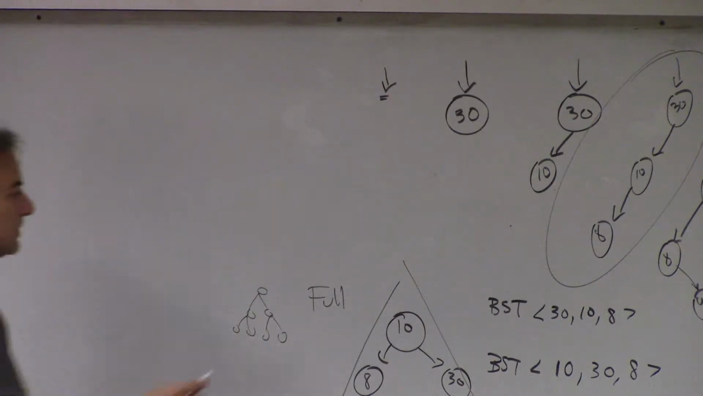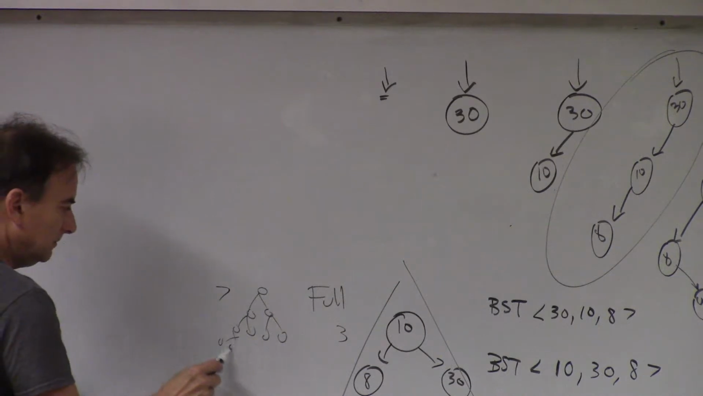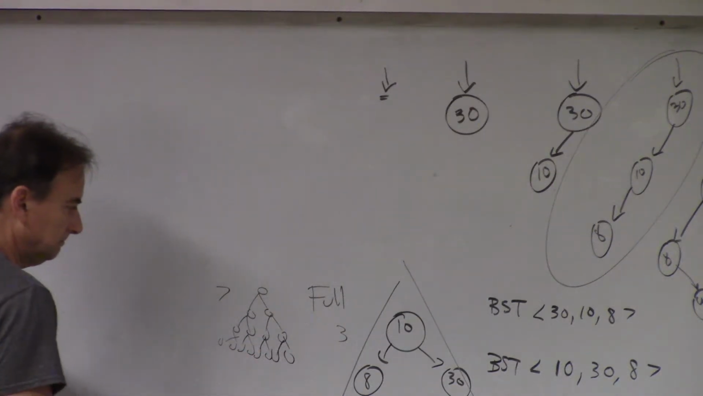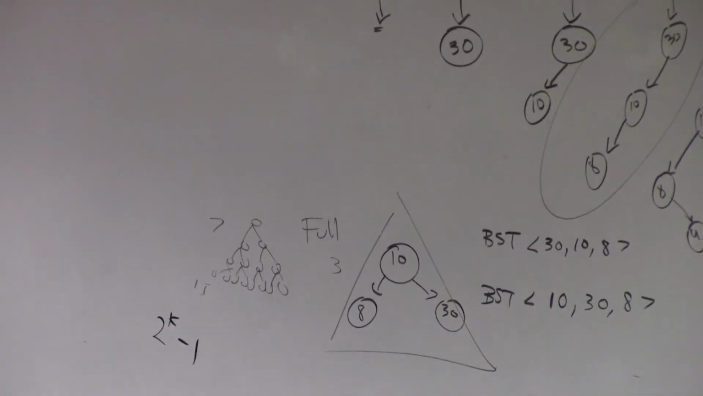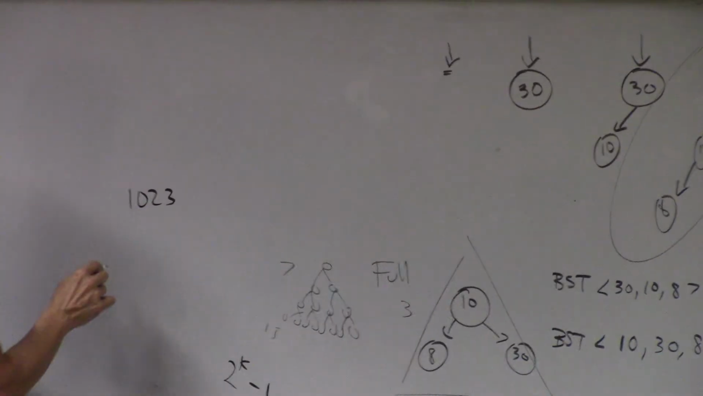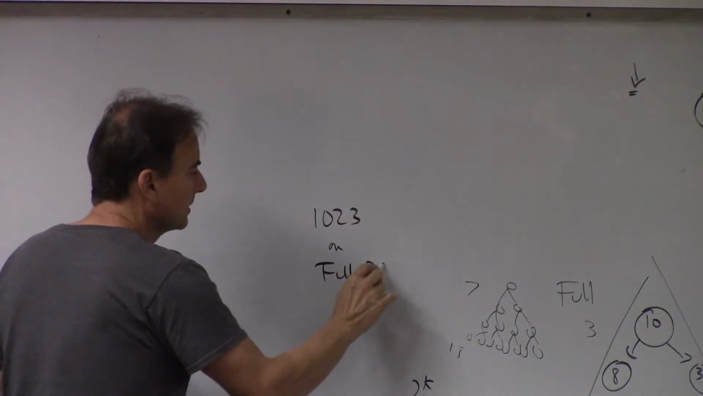7, right? So this one has 3. This one has 7. If I add another full level, how many do I get? 15? In general, the number of nodes is going to be 2 to the k, minus 1. So if we had 1,023 nodes on, let's say, a full BST,